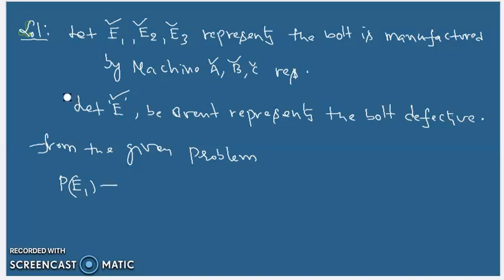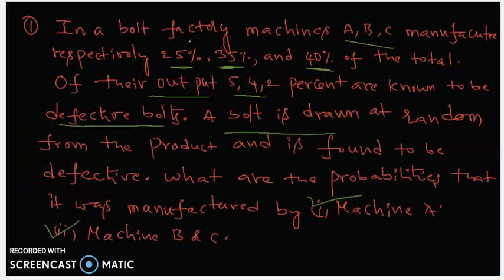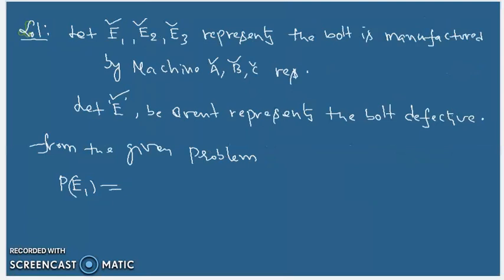P of E1 equals to, so A manufactured bolts is 25%. So here E1 represents the event manufactured bolts by machine A. So that's why 25%. That is equals to 25 by 100. That is also equal to how much is it? Yes,